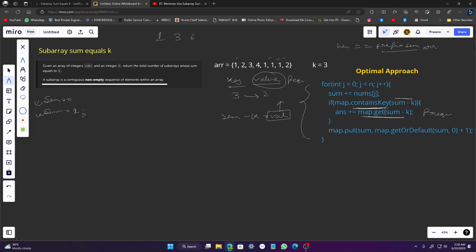So I will check for now k is equals to 3. I will check 1 minus 3. 1 minus 3 is minus 2. Minus 2 exists in the map or not? Initially map is empty. I can say that I will put 0 and the frequency will be 1 in the map, but now let's say there is no element, so it will check minus 2 exists in the map, it doesn't exist, so it will put